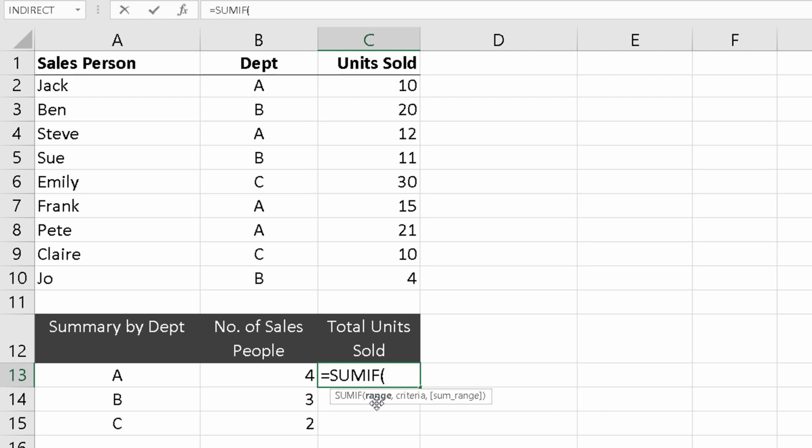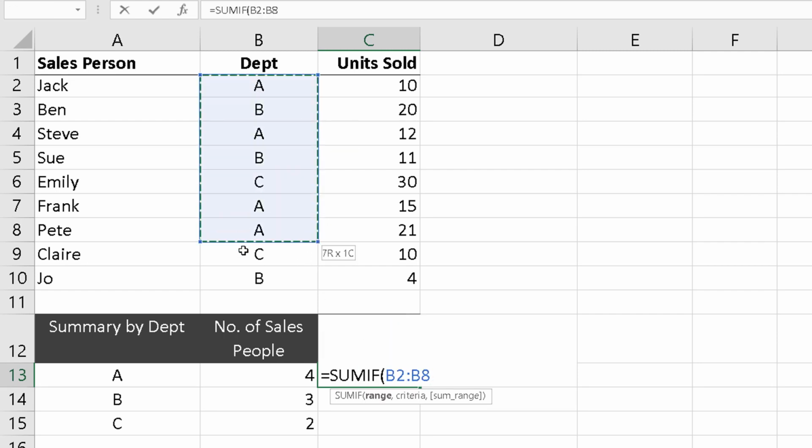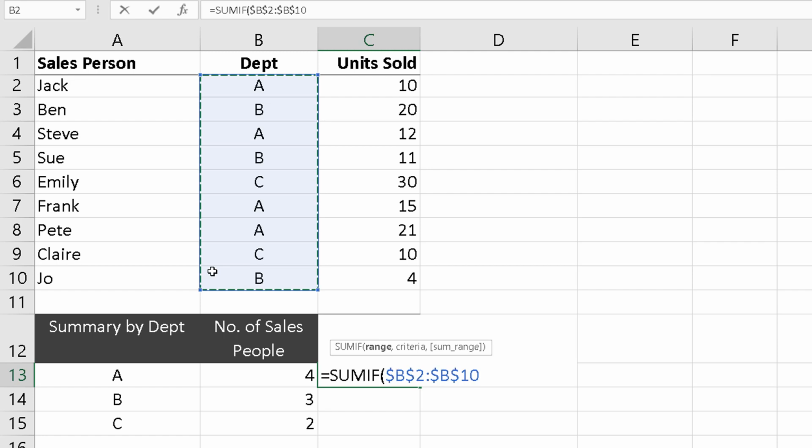What it's asking for is, first of all, the range where we need to look for the criteria. Now, because we're going to be looking for department A, B or C, the range I want is this list of cells here. Now again, I want to lock this, so I'm going to hit the F4 key to lock that, comma. Now it's asking for the criteria. What am I looking for in that department column? Well, I want to find department A, comma,